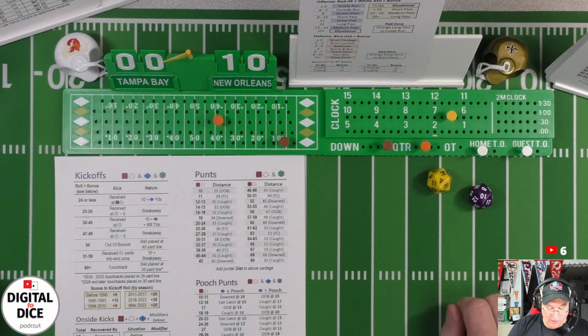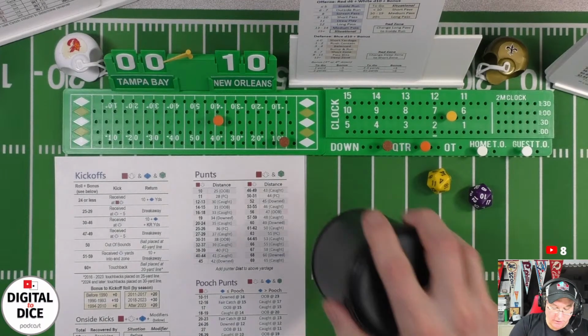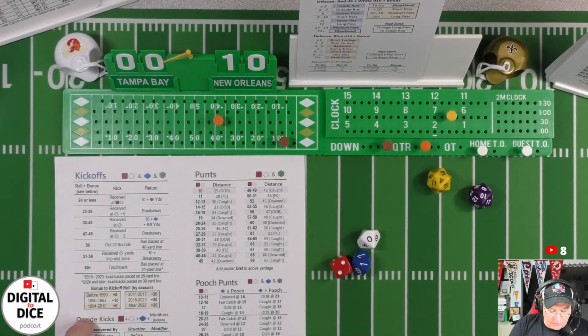I could let it roll at the 6. I think we're going to return it, though. We're going to return it. I don't know, an executive decision. I should get the decide or die out, but we're going to return it here. And the 20 is going to be